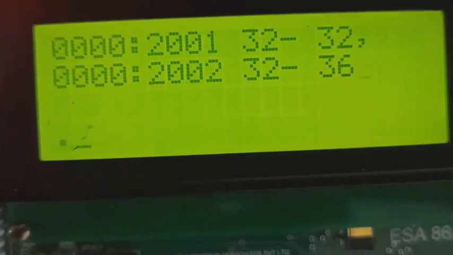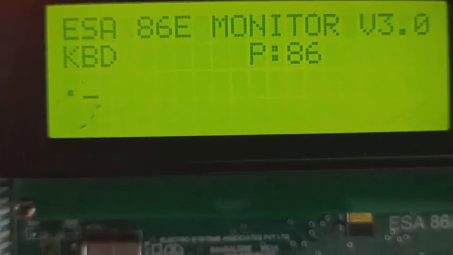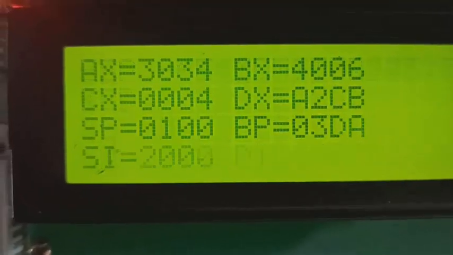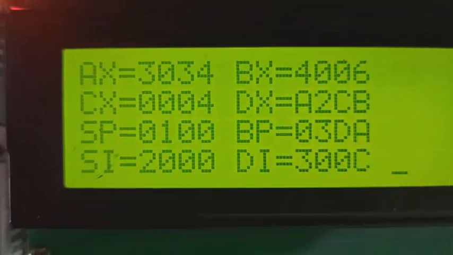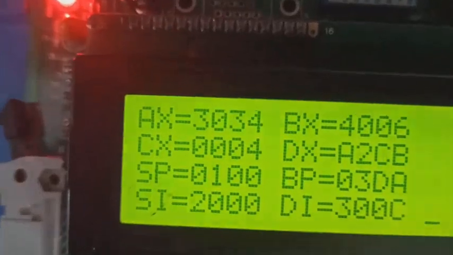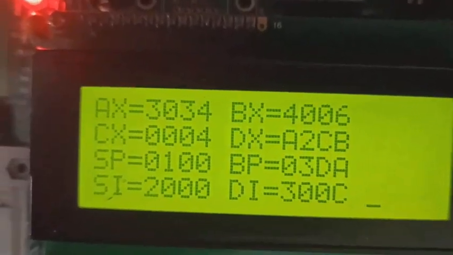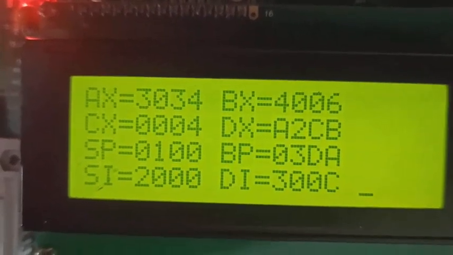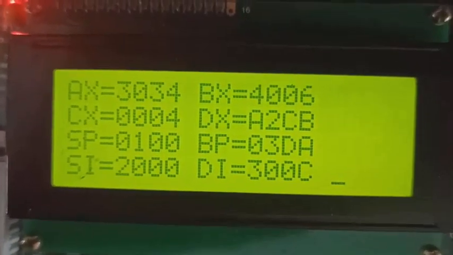After giving the inputs, press enter, reset, and execute the program using the G command. You can see here the output is obtained as 3034. For the inputs of 24 divided by 6, we have to get 04, and that 04 is represented as 3034 in ASCII format.